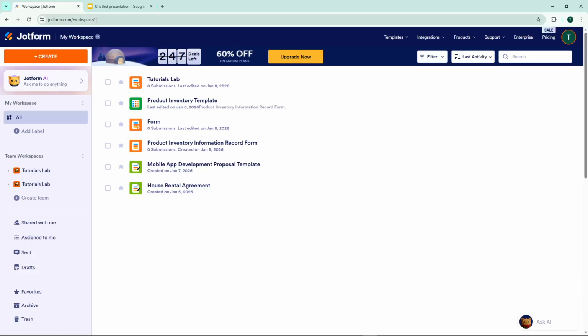Welcome back, everybody. Today, I'm going to teach you how to use Apple Pay through Jotform's Stripe checkout integration. This is a seamless way to accept payments from your customers who prefer using Apple Pay, making the checkout process